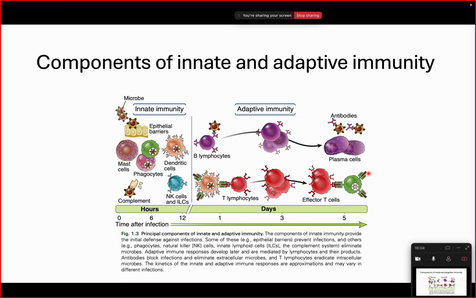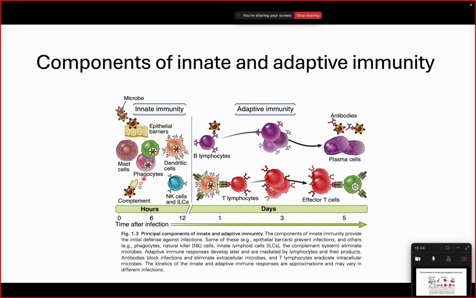so now we see the components of innate and adaptive immunity. First, we saw what is immunity, then we saw what is immune system, then we saw what is an immune response. Now we are seeing what are the components associated with the immunity. So if we talk about the innate immunity part, which is represented here, and the adaptive immunity part, which is represented here. So in innate immunity, we have epithelial barriers. Just below the skin, we have certain cells which are part of innate immunity. Commonly, they are mast cells,